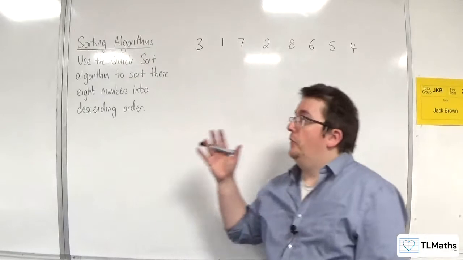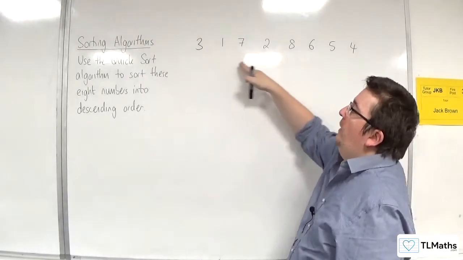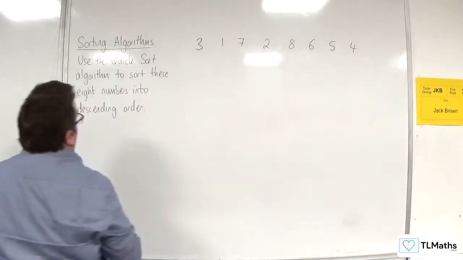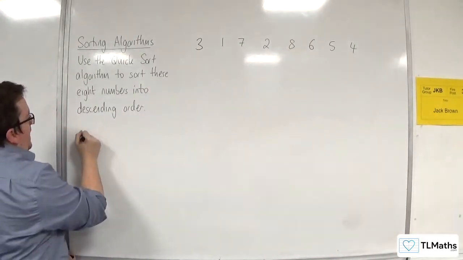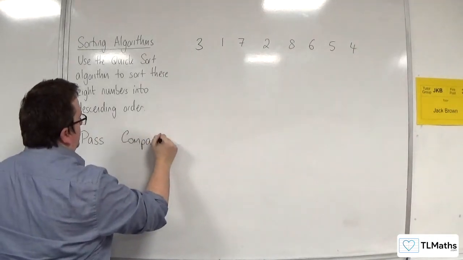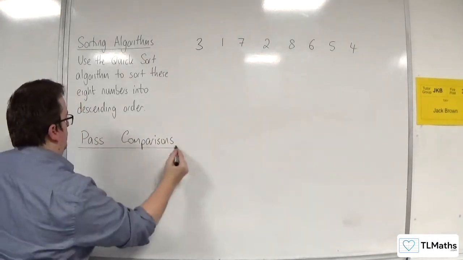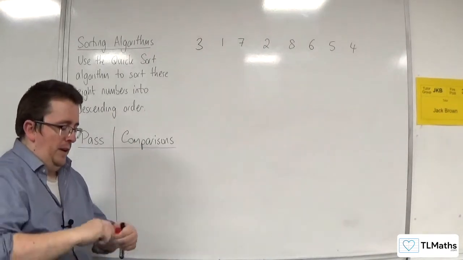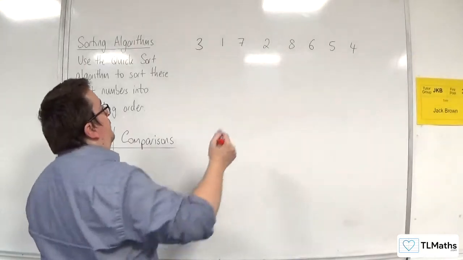In this video, I'm going to use the quicksort algorithm to sort these 8 numbers into descending order. Now, as I go through the algorithm, I am going to count the number of comparisons at each pass. Okay, so first thing I do is I choose my first pivot, which will be the first number in the